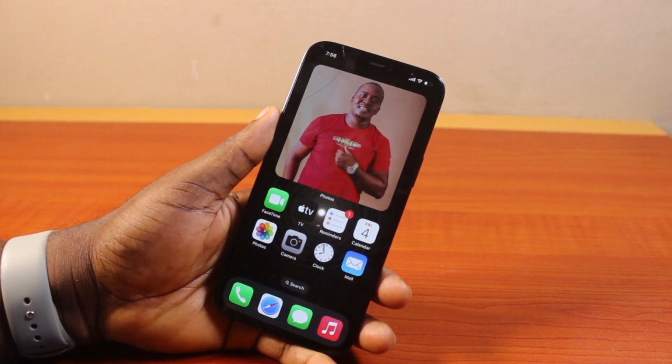Hey guys, welcome to this iPhone guide, and here I'll detail how to hide Face ID and passcode in iPhone